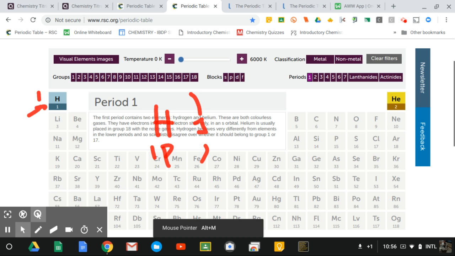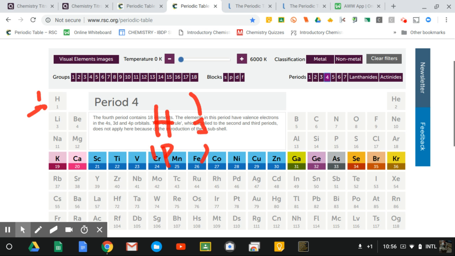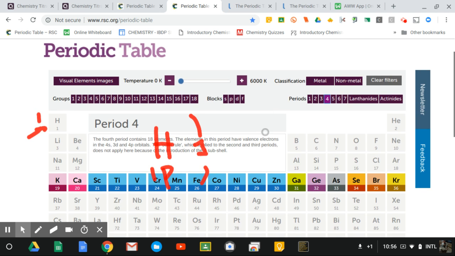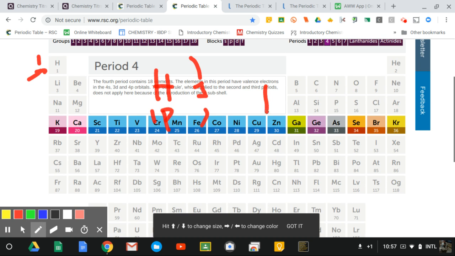Okay, so if we click on, let me get the mouse again. If we click on period number 3, it will show you period number 3, starting with potassium, and we will have in potassium 19 protons,